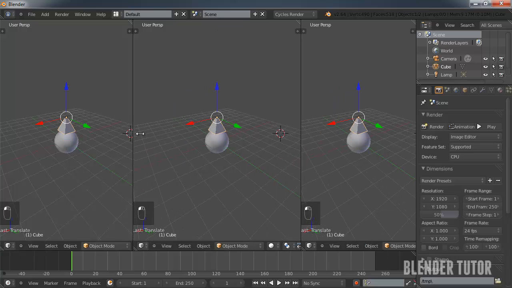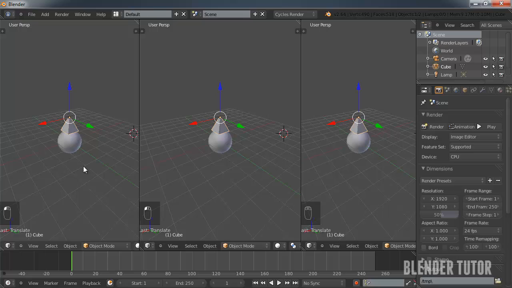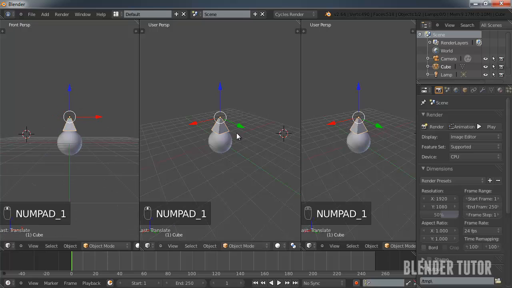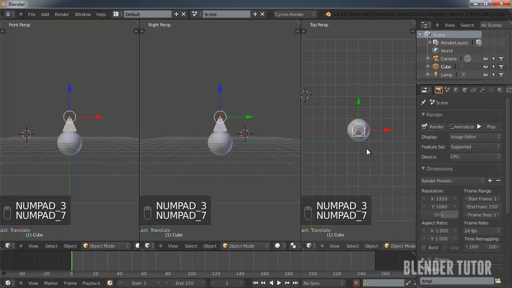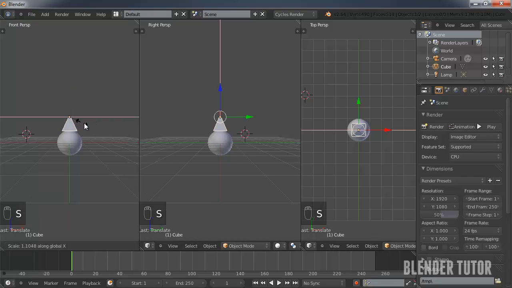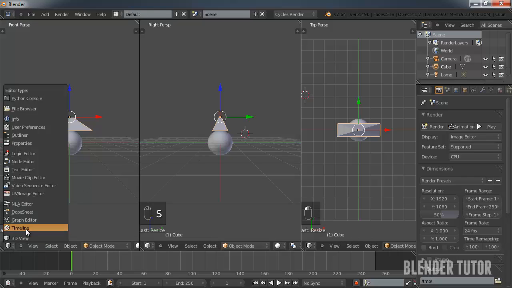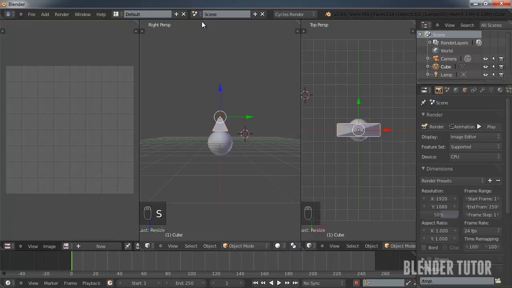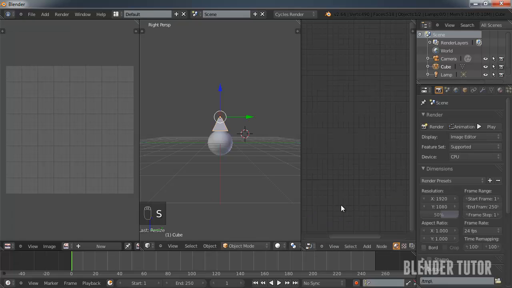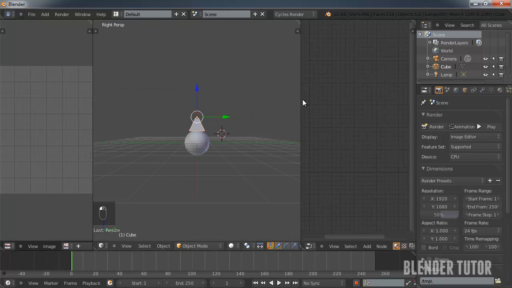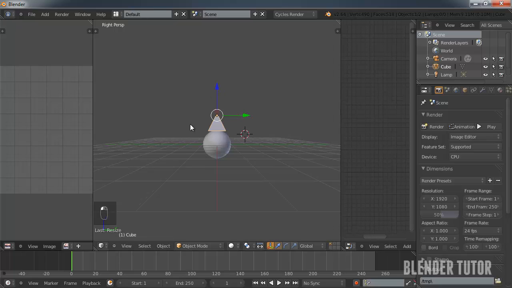It's a simple way to get different views of your scene really easily, or you can have one that's set up as the UV image editor, one of your perspective, and one of the node editor for materials or something. That's a pretty common layout that you'll be using once you're setting up your scene.